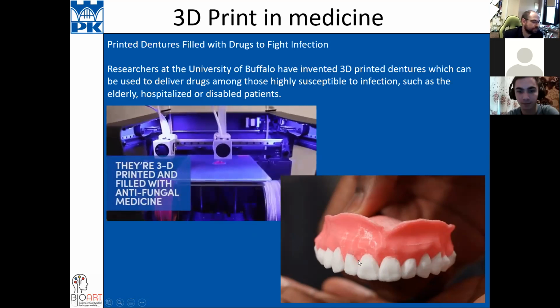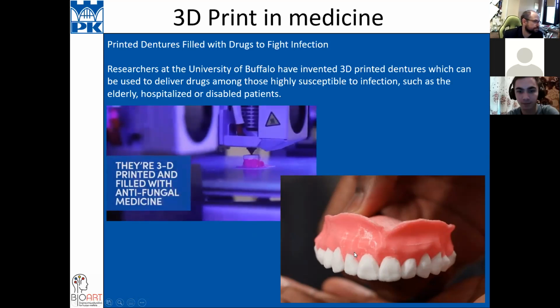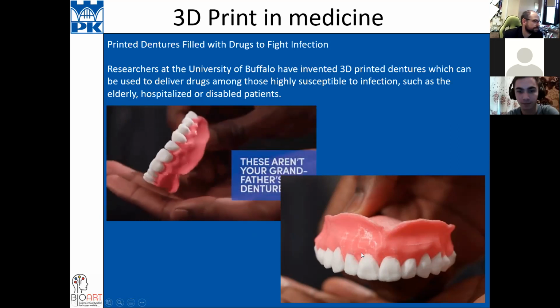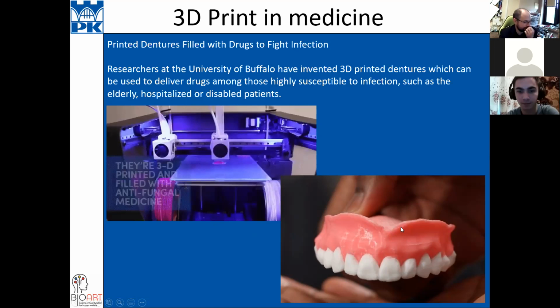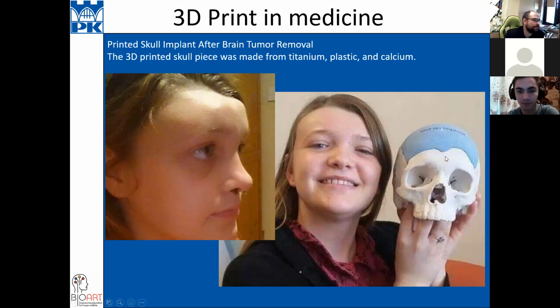They used a part made on a 3D printer for this girl to put into her skull, because she had some brain surgery, and they removed some part of the bones from her head.